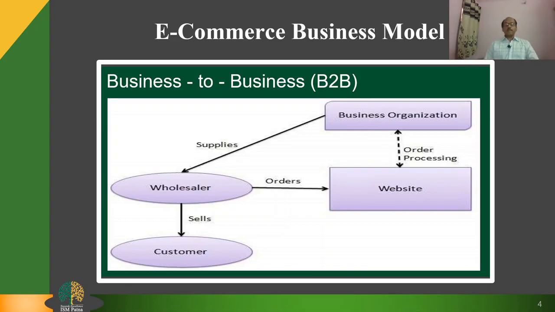Websites following the B2B business model sell their product to an intermediate buyer, who then sells the product to the final customer. As an example, a wholesaler places an order from a company's website and, after receiving the consignment, sells the end product to the final customer who comes to buy it at the wholesaler's retail outlet.